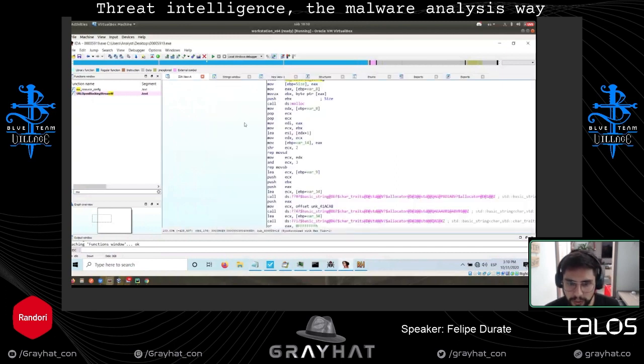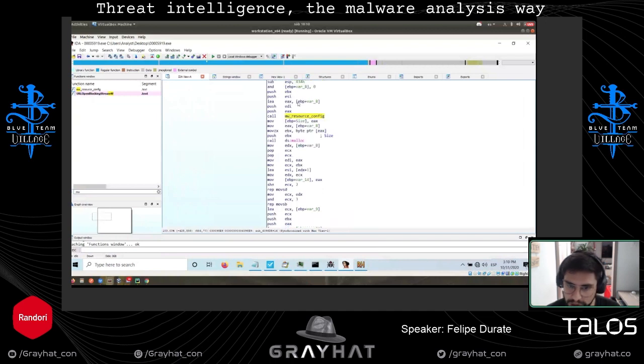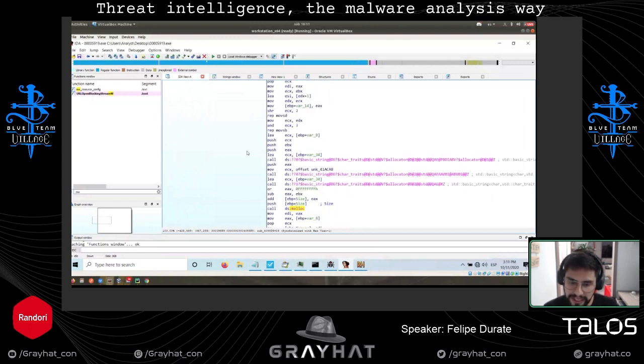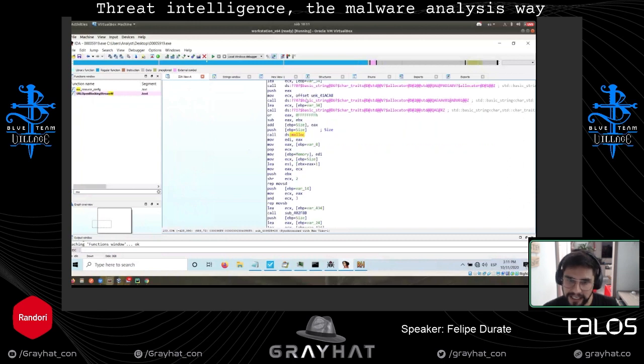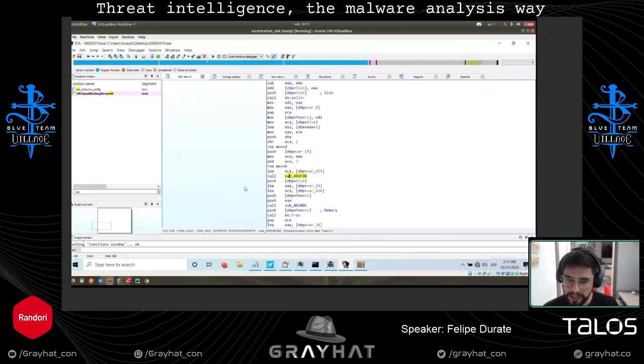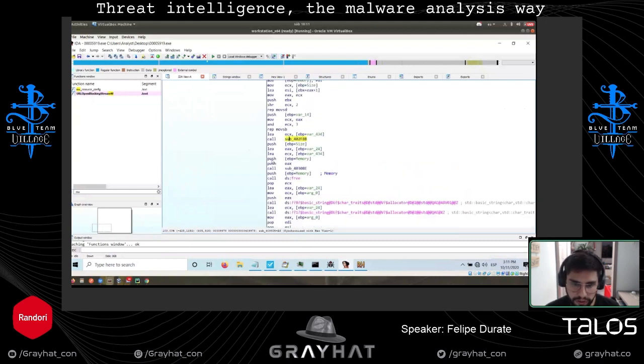So we are going to see which functions are going to be called. We are not focused on this because I already found those calls, and those are standards. We are going to focus on the calls that don't have the magenta color, the pink color. We want the ones that are in blue. Those are the functions that the developer, the threat actor, created. So we see there are two functions, one in here, the other in here, nothing more.